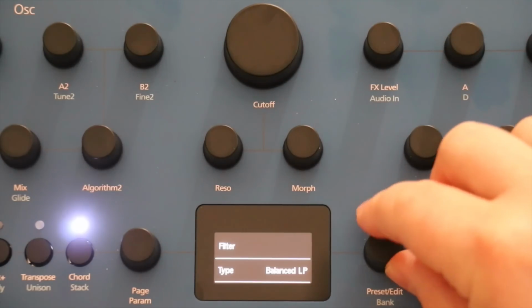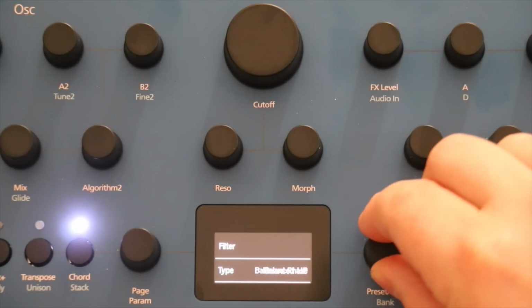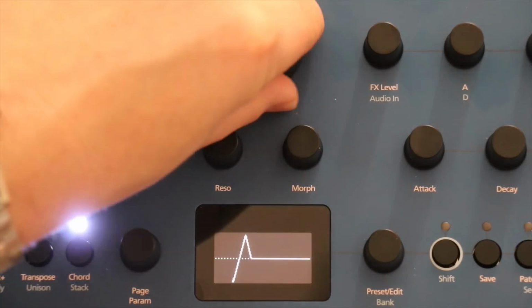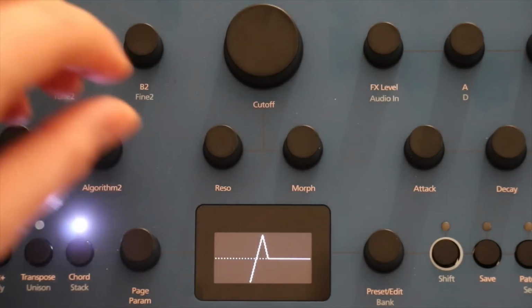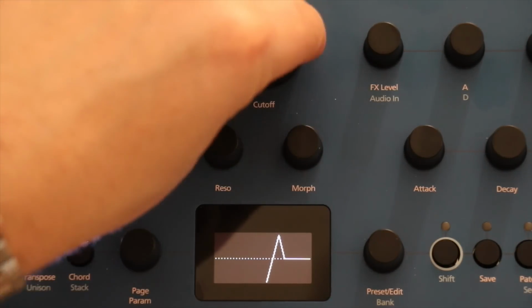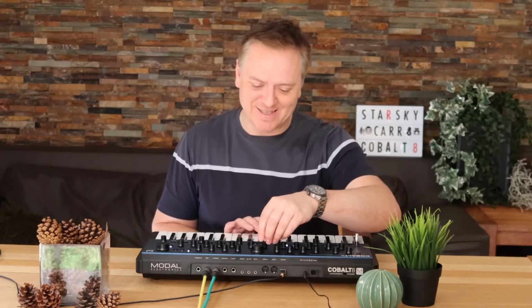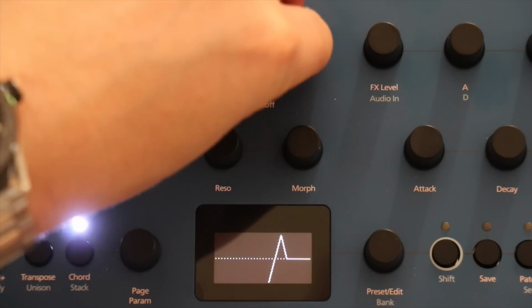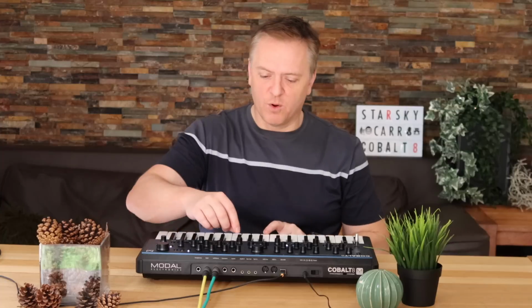And then they've got a high pass as well. This is a balanced high pass, it says. Which I'm assuming means that it doesn't go really resonant. Because I'm not sure the point of not losing the bass on a high pass filter. And the morphing on this